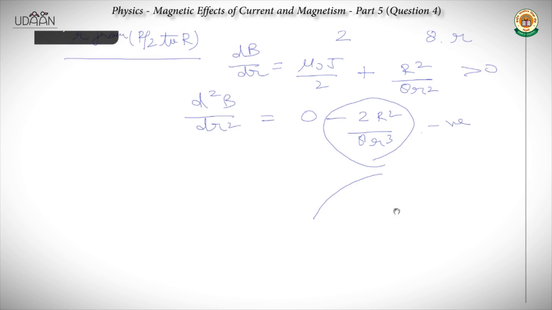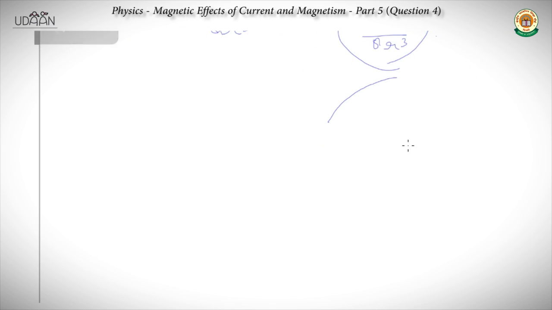So by this basically we select a graph which is finally from 0 to r by 2 it would be 0. Then it would be something like this till r, and then it would decay like this. So D is the correct answer. So that was question number 4,